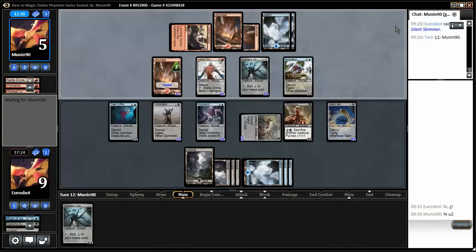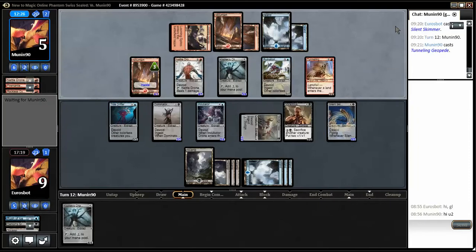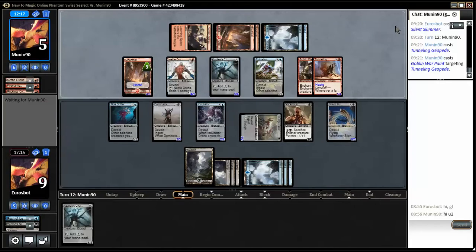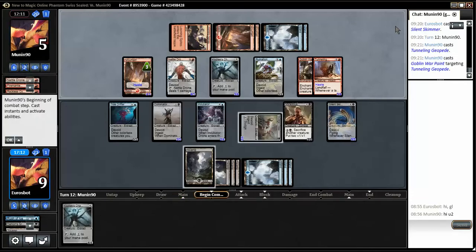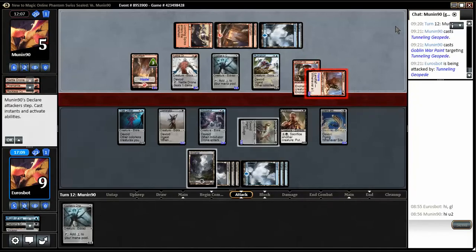But now something else happens. Tunneling Geopede. Oh, scary shit. Even more damage. Okay. 5/4 haste EOP'd. Was that really the creature you should have given haste? But now you can attack big time. Or can you? Don't I just trade like I